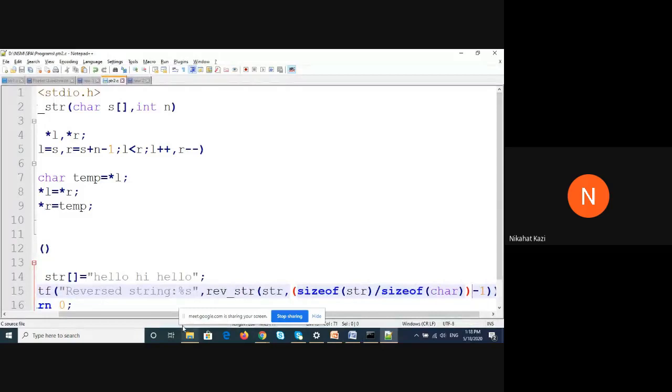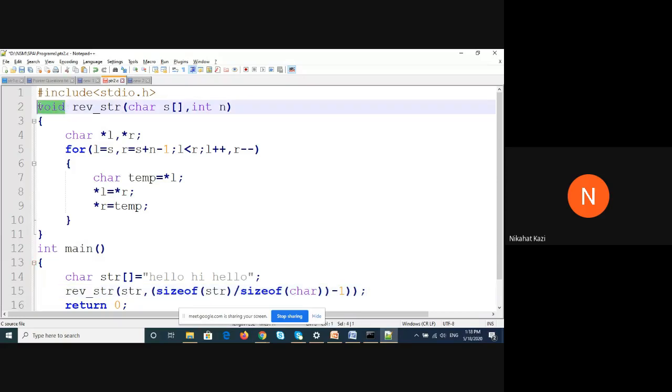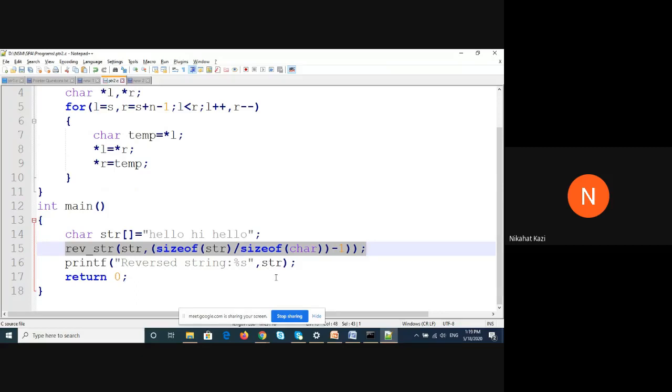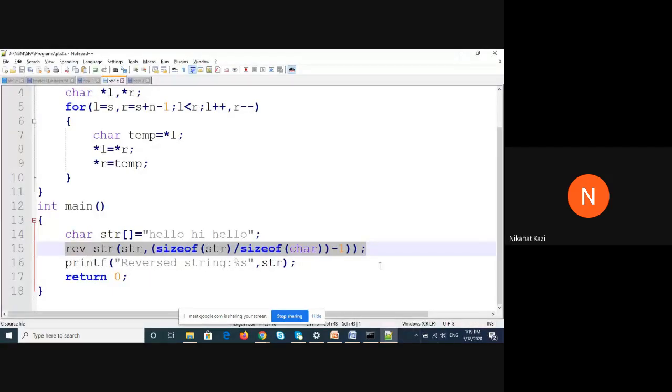What you have to do is just call the function and then print it, because this function is not returning any value. It's just void. It is actually making changes to the original string. So we call the function, this line is the function call, and then we will print the string. Compile it. Again, one bracket is missing, or extra brackets here.